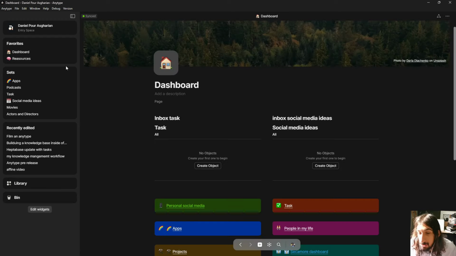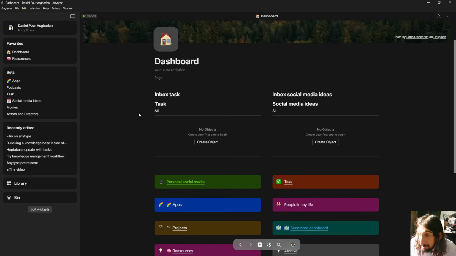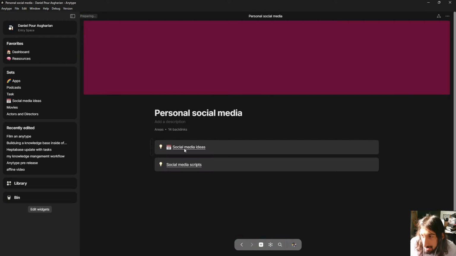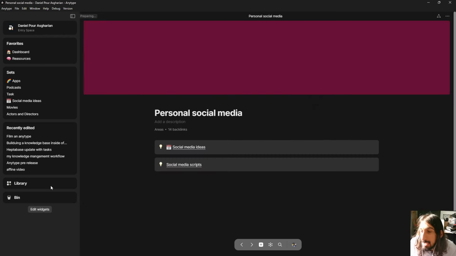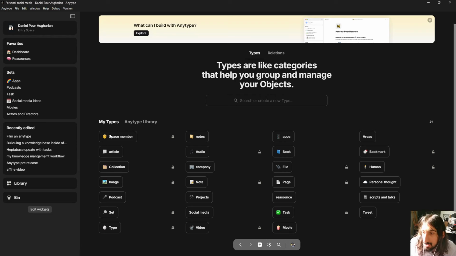And you can use this application for free, but they have paid plans as well, and I will get back to them later. But basically, this has the database style of Notion with the privacy of Obsidian, and it is also object-based, so it might take a while for you to understand how objects work, but basically these help you organize your whole